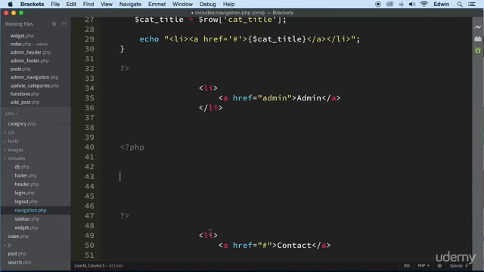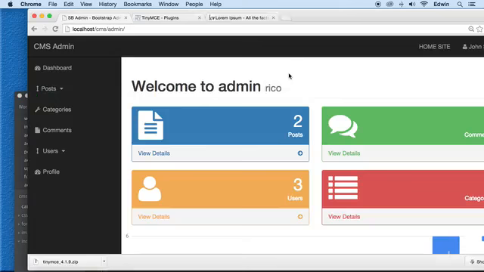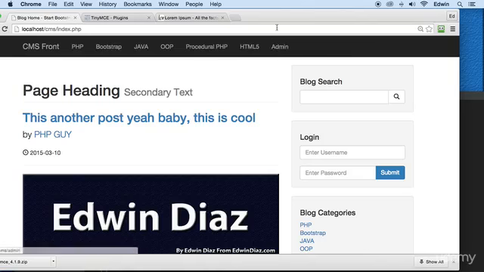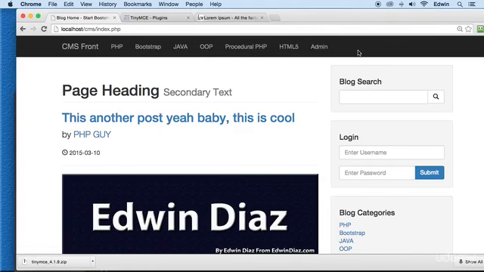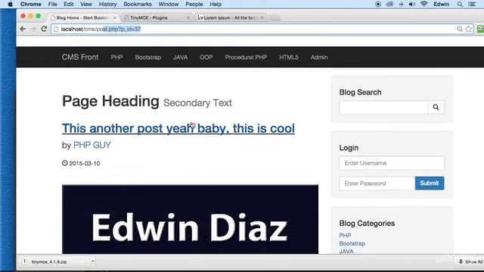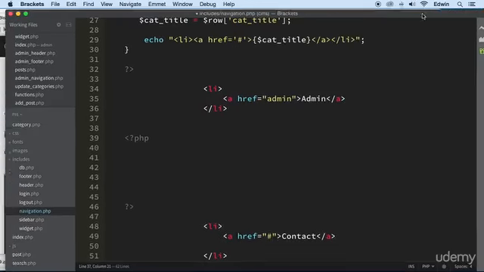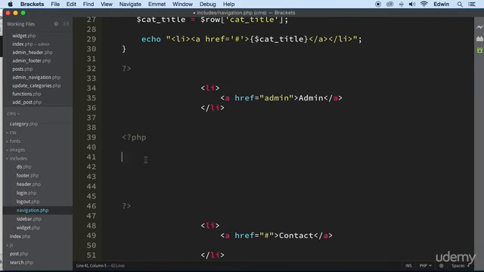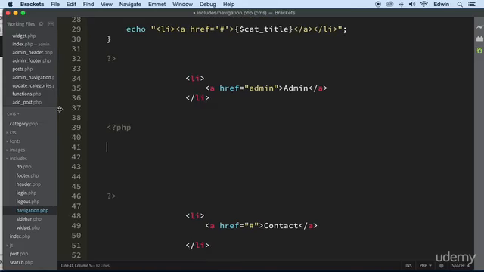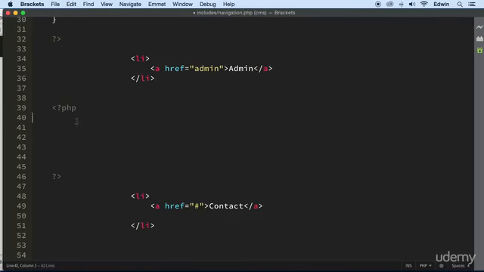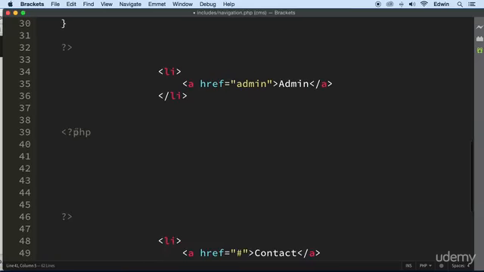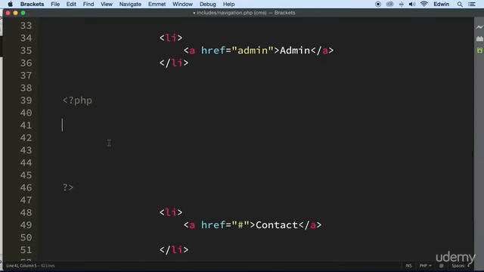We're going to be doing a check here. What I want to check is if the user is still logged in, I want to display that edit post link when we are in the edit post page. If we're not on the edit post page, I don't want to display it. So we need to do a check, and we need to make sure that it is set. I'm going to make this a little bigger here. All right, perfect. So we're going to say if it's set,